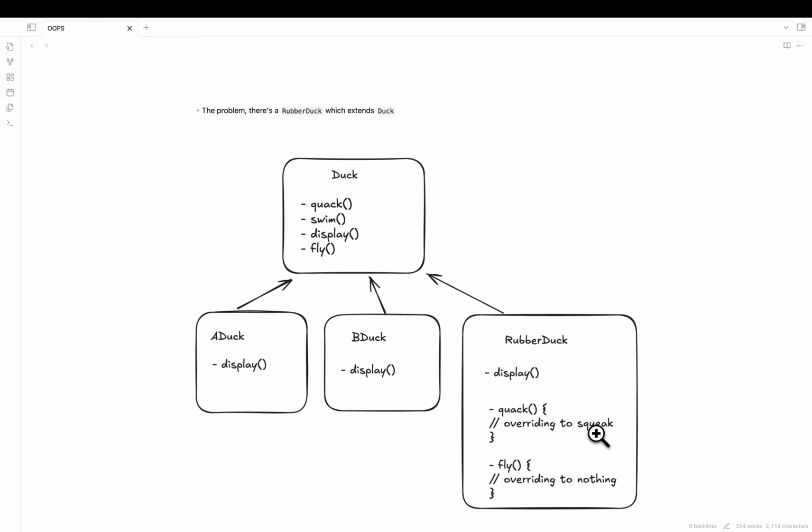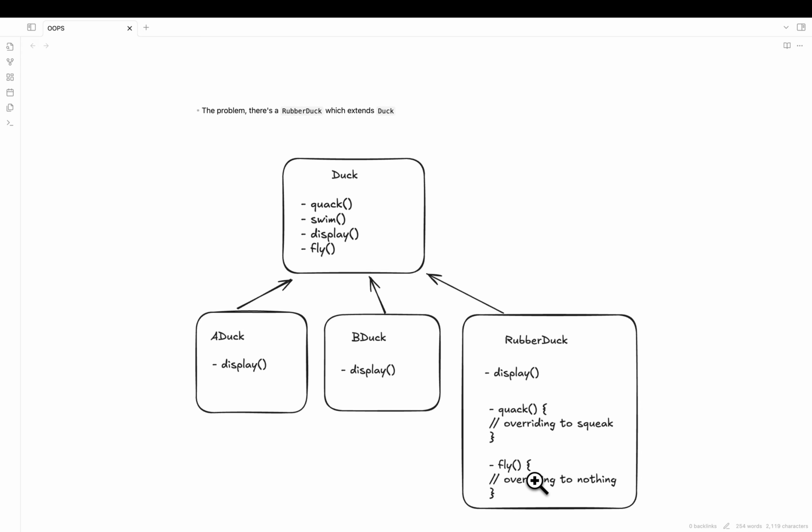Then we'll have to override the fly method of the actual abstract duck class, so rubber duck now has its own override saying it cannot fly. So we say, okay, we solved that.